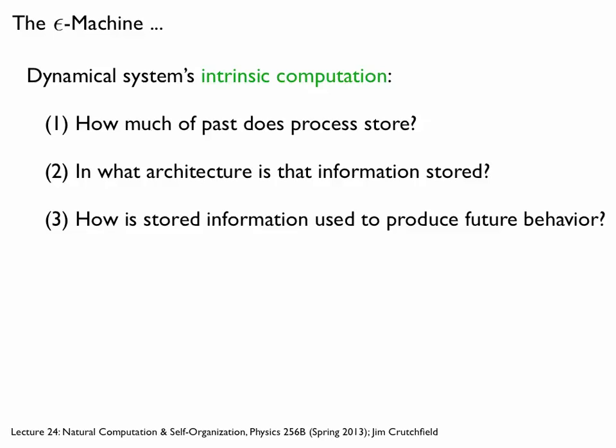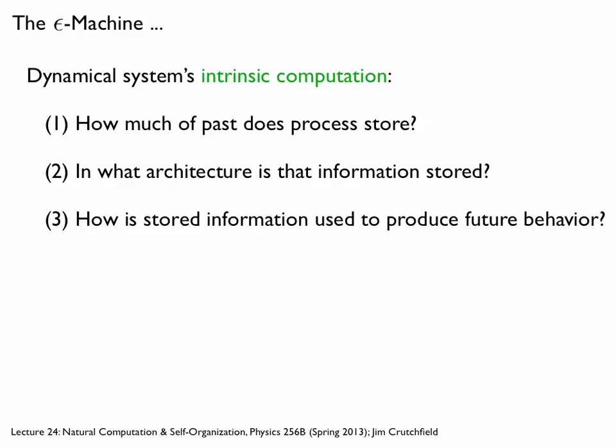What's the architecture of the information stored? Well, we have to look a little more at the structure of the Epsilon-Machine. But the answer to this question is the Epsilon-Machine. That is the architecture. Well, I might want to pull that back if I was looking at the Epsilon-Machine coming from a symbolic dynamics description through generating partitions, pull it back to the dynamical system. So there's a little bit of work there, but the short answer is the architecture, the number of states, the actual set of transitions, that is how the information is stored.